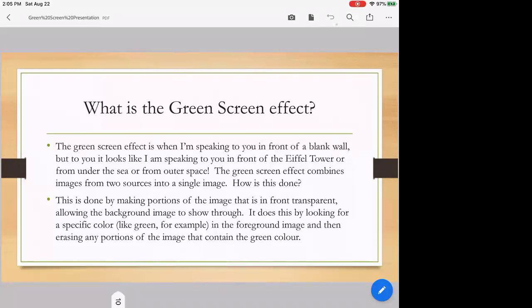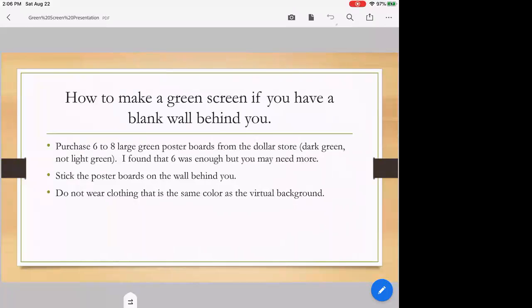How is it done? It makes portions of the image that are in the front transparent, allowing the background image to show through. It does this by looking for a specific color, and it's usually green, okay? And it erases portions of the image that contain the green color. So here's the question. How do you make